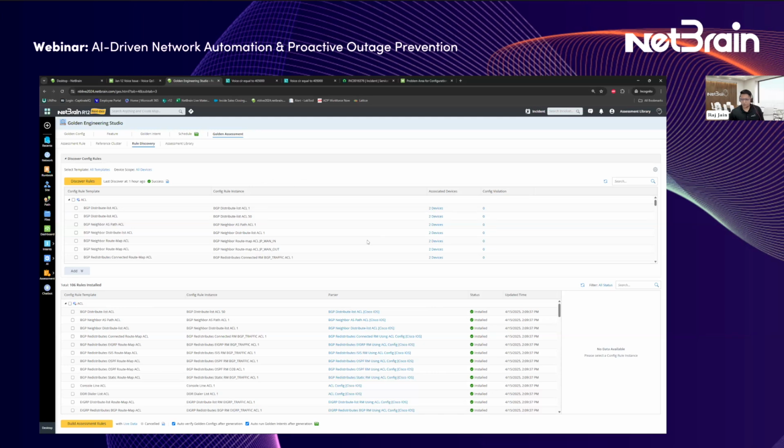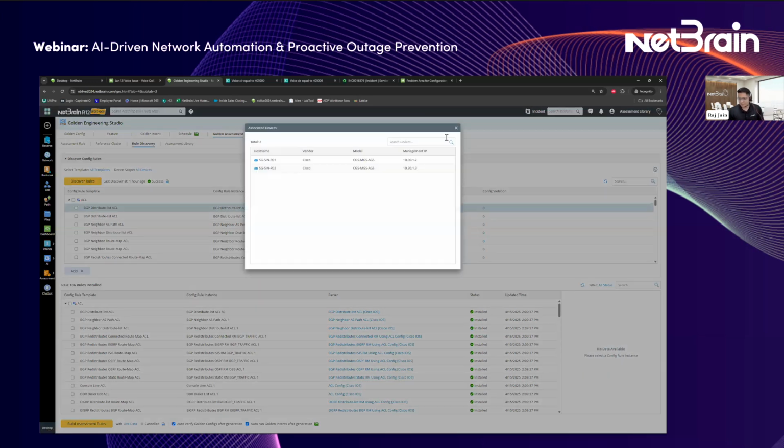Now, I'm going to walk you through something that Song already explained, just to show you things live. This is the opposite of post-mortem, because in post-mortem, we're looking at one rule and trying to find that in every device. Here, we're reverse engineering every single device config to identify what the rules are that govern these devices, and also have a golden config set so that we can do a comparison. That's incredible, very powerful. Now here, like Song mentioned, we did find some devices that have BGP and that certain access list, and there are 2 devices, right?